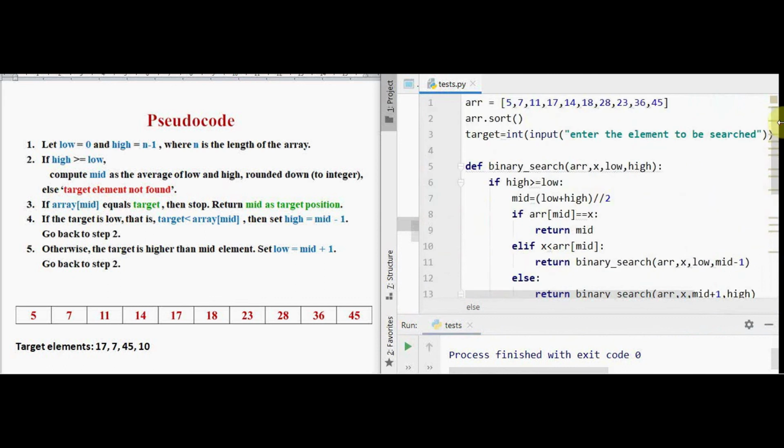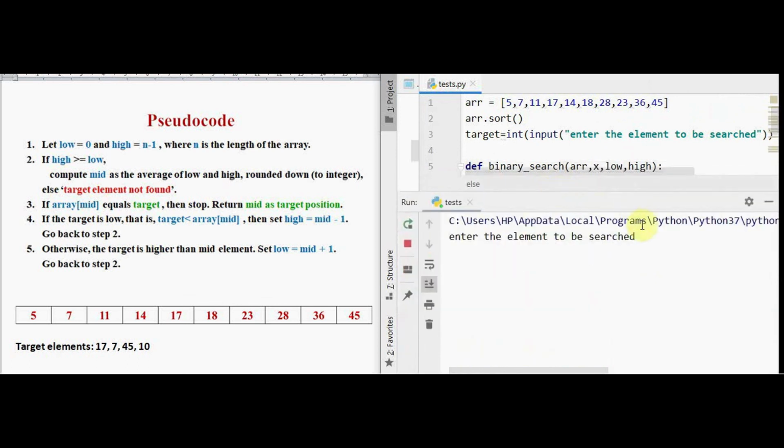Now let's run this and verify the output for our target elements. Enter the element to be searched. I'm giving 17 as the first element. So target 17 is found at position 4. Yes, it is found at position 4.